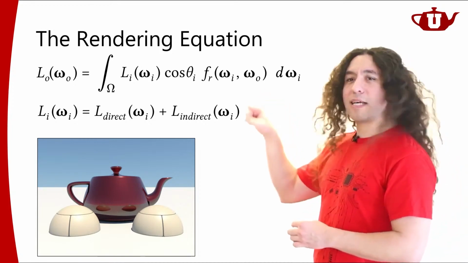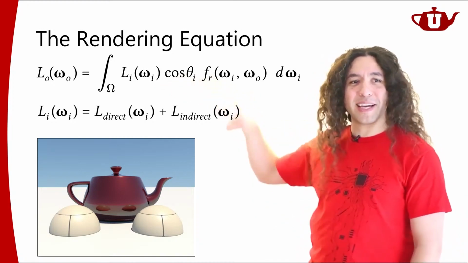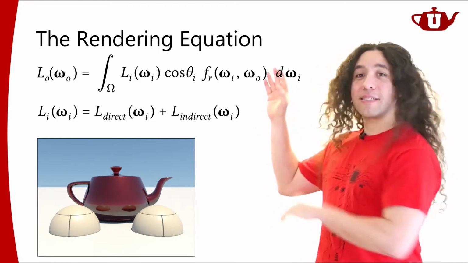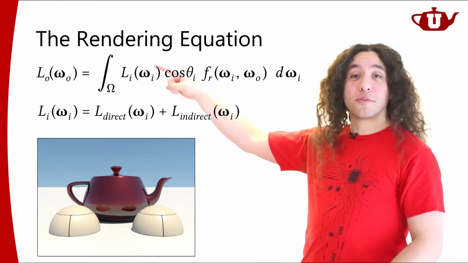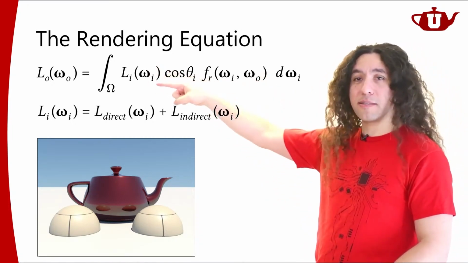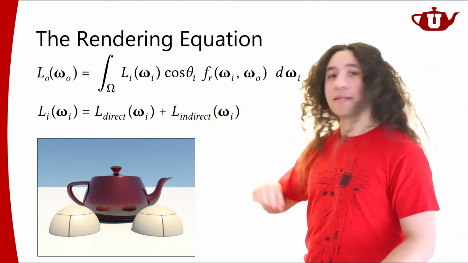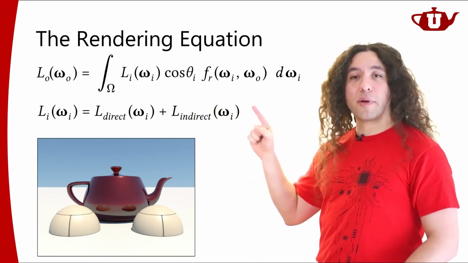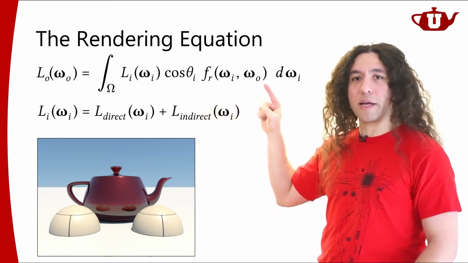So in that sense, we're not counting things twice by adding them like this. When we're computing the rendering equation, we're not going to try to compute it as one integral, one integral that contains this combined illumination function, which is the sum of both direct and indirect illumination. Oftentimes when we're trying to compute this, we're going to separate it and compute direct illumination and indirect illumination separately.